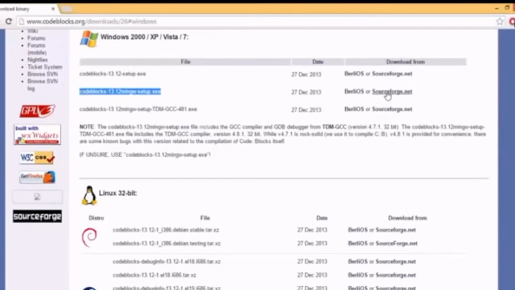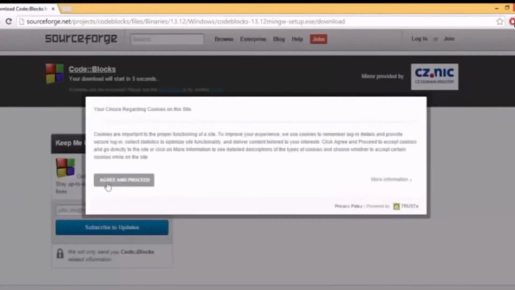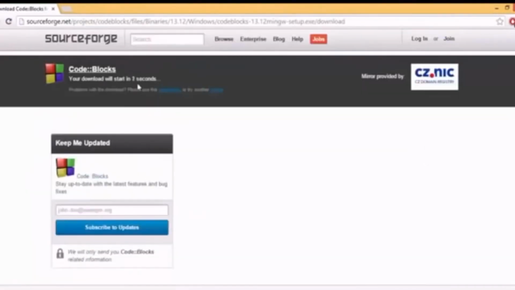I will just click the sourceforge.net link, and then it will be downloaded in a few seconds, and the download will be completed in a few minutes, because it's not a small file, it's a 97 MB file, so it will take some time to download. So just wait for this to download. I will pause the video and continue once this file is downloaded, and I will show you how you can install it.